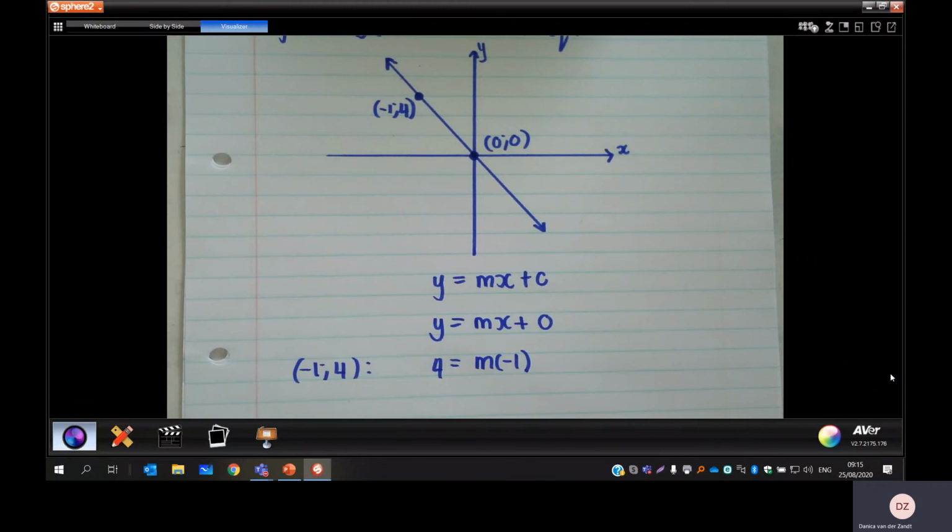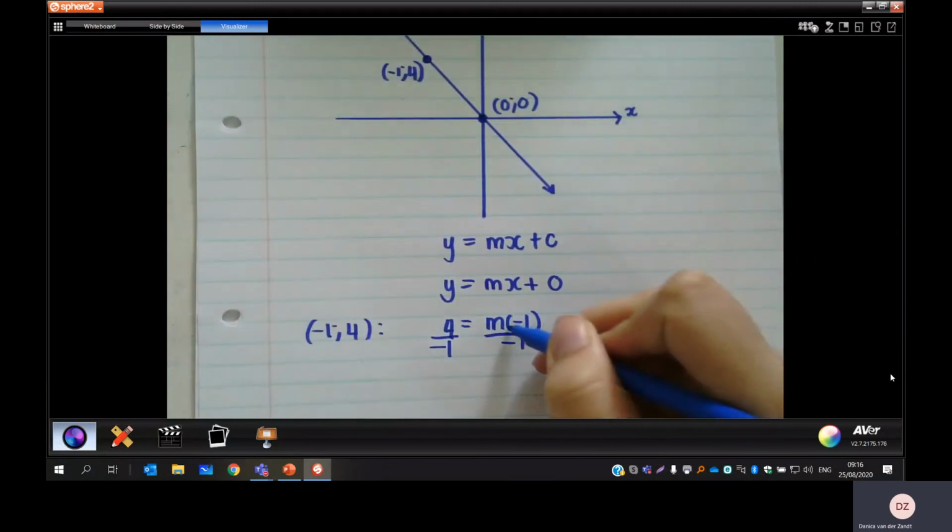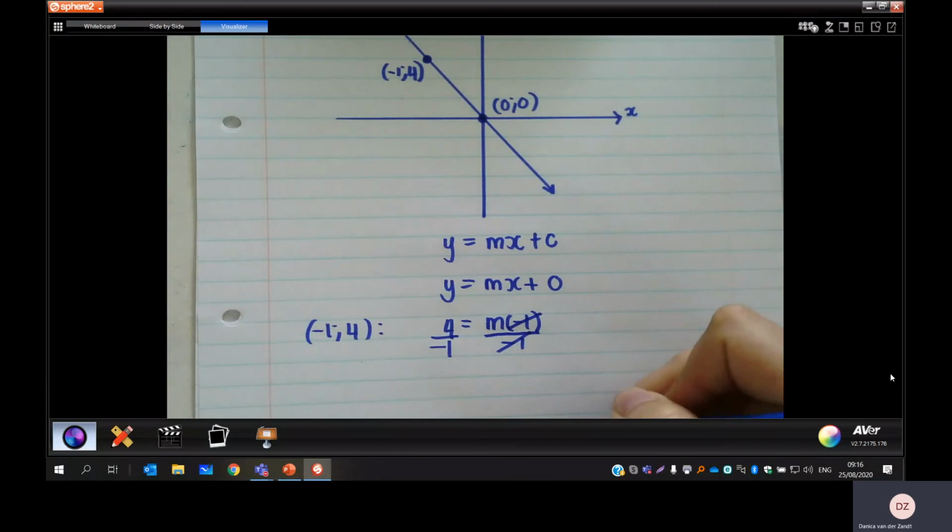Single, is it single? Is it positive? So I need to still get it single and positive. It is actually single, but it's not positive. So how do I get m, that is now negative m, to being positive? I'm going to take the -1 over, and technically, mathematically, I'm dividing both sides by -1. So that -1 cancels with -1. M is equal to